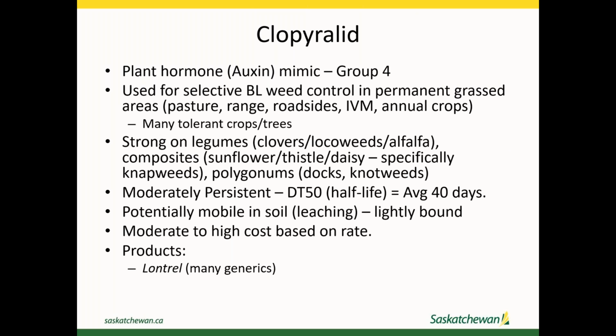The nice thing about clopyralid versus aminopyralid is that there are many tree species that tolerate this quite well, and so it can be used among orchards and plantations and things like that, for things like Christmas trees, etc. Same basic spectrum of weeds that aminopyralid has. It's again moderately persistent, fairly similar to aminopyralid,